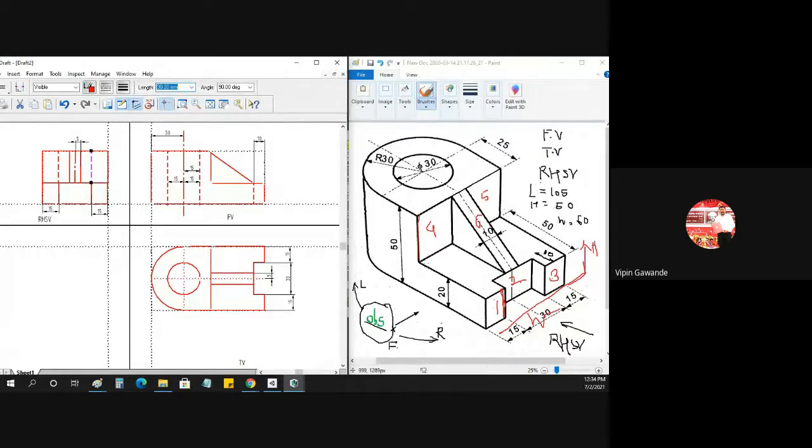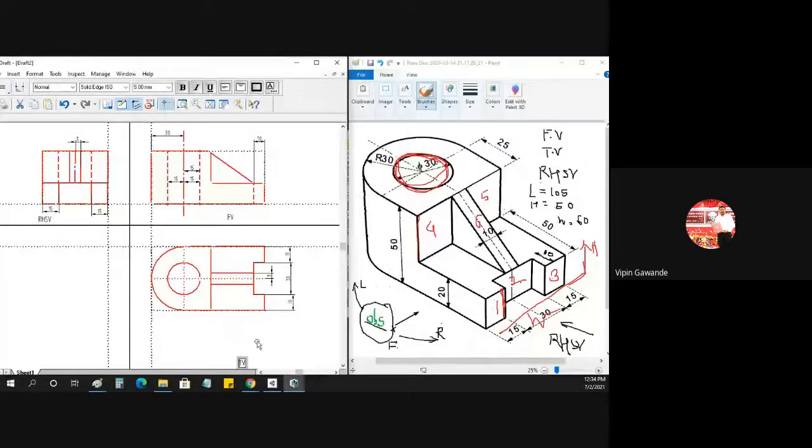So you have to be very careful. You have to check all the surfaces. You have to see the object, and you have to count the surfaces. So in the side view, this is 1, 2, 3. Then we have 4, 5, 6, and the circle is not visible in the side view. So for this circle, there must be two dotted lines. So this is the total construction of your front view, top view, and the side view.